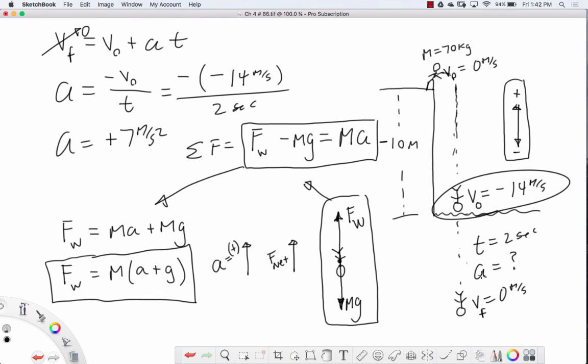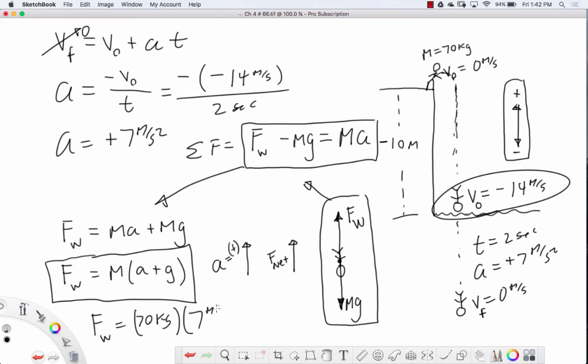And does it make sense that her acceleration's positive? Because when she's in the water, is she accelerating upward or is she accelerating downward deeper and deeper and deeper? She's accelerating upward, right? She's slowing down, so her acceleration's up. So this acceleration comes out as positive 7. Positive 7. And then we can plug that in over here. The force of the water, so we take her mass, which is 70 kilograms, and then we go acceleration, which